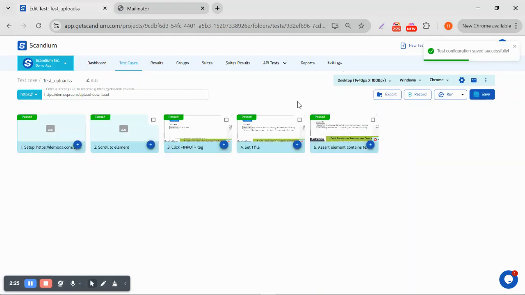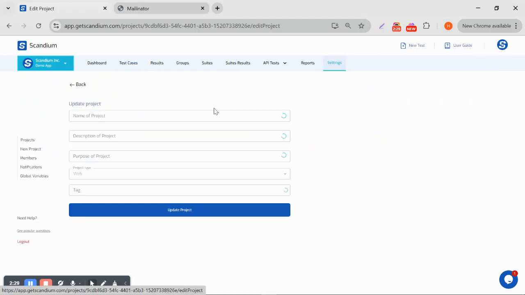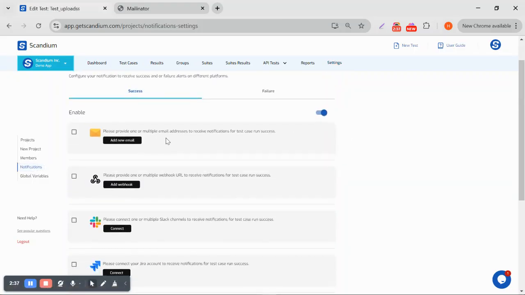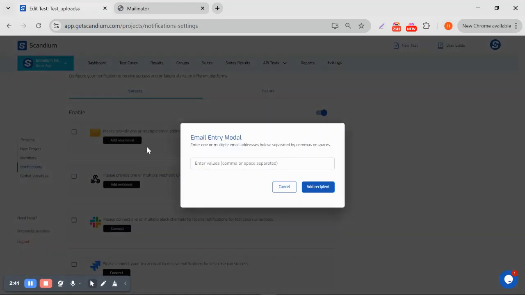To set up my notification, I would go ahead and click on settings, and on the left hand side of my screen I have notifications. For my notifications, I have the option to add email. So I'll click on add new email and I will put in the email,